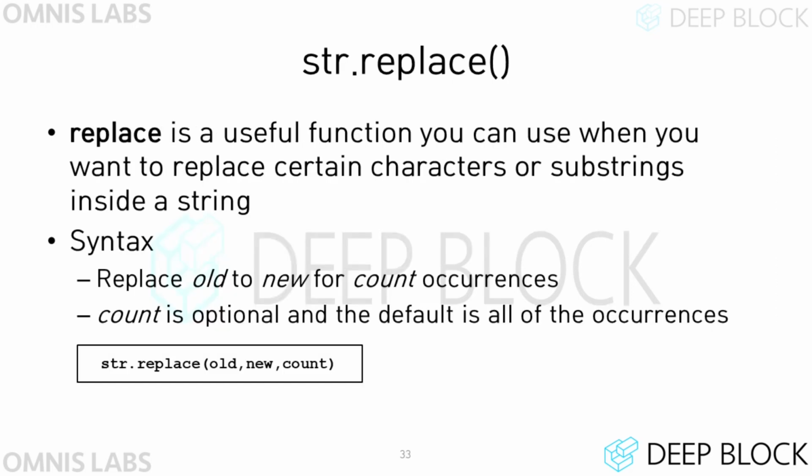The replace method is a function that can be used to replace a specific character or a part of a string. The count parameter is an optional variable that can be used to specify the number of substrings to be replaced with an argument string from the beginning of the string. If the count argument is not passed, all old strings appearing in the entire string are replaced with new strings.